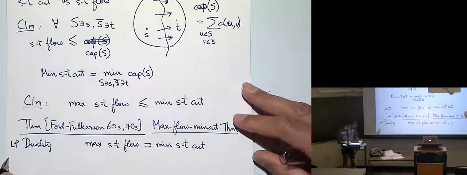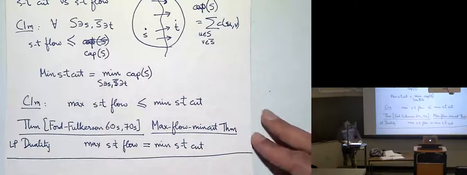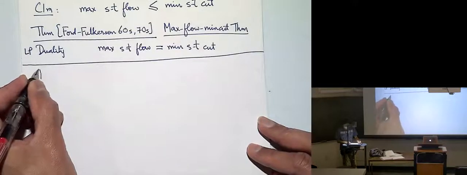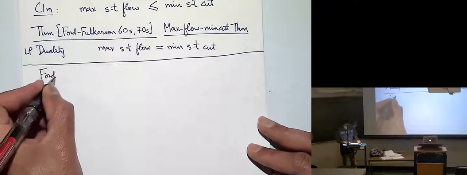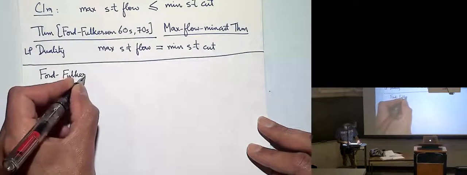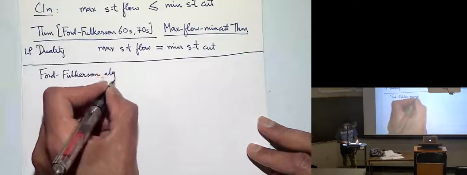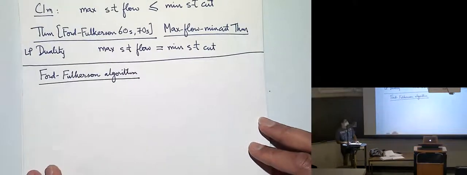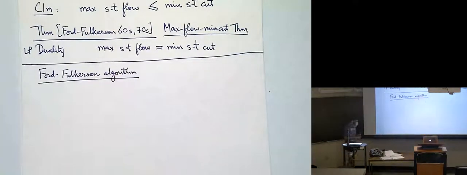Okay, so let's do the side, and let's talk about the Ford-Fulkerson algorithm. There are many ways of looking at this. One way that I would like to present to you is that it's some kind of a gradient descent, or like a greedy algorithm. So the idea is